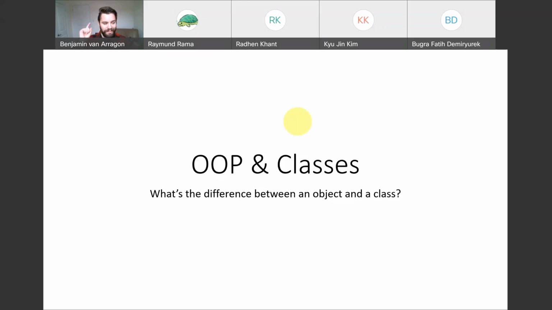Objects get their traits from classes. There it is, Raymond. Perfect. So that's what I'm looking for. So you guys kind of were getting there with the abstract thinking of it, saying like it's a broader term that comprises of a class. Or another really easy way to say it is an object is an instance of a class. So if we think about it, and I was thinking really hard of what a good example of this was,